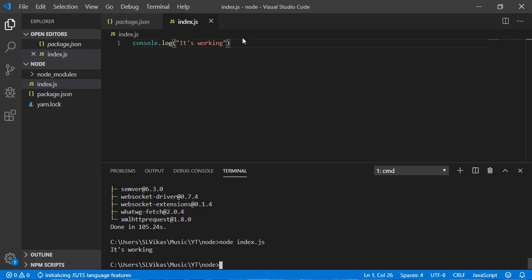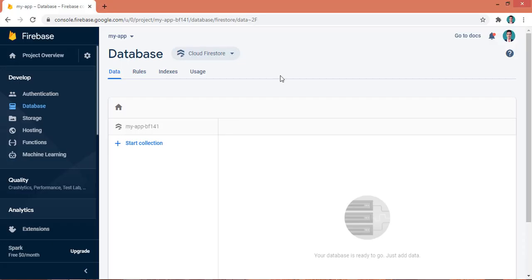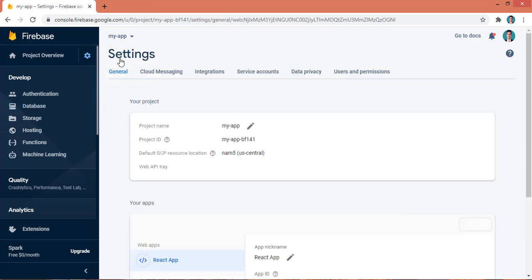Now the first thing we have to do is import Firebase from the firebase package. So let's call it const firebase = require firebase. Now we have this package. Now let's come to the project. From here just click on settings. You can see here project settings. Click on this.